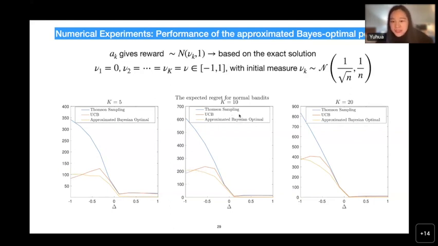Then we will probably have a little bit bigger regret than the UCB, because our method is based on the Bayesian framework, which is highly related to your prior estimation. When your prior estimation assumes the expectation is near 0, but your actual expectation is -1, we will have a little bit worse regret than the UCB. But in general, we always have better regret than Thompson sampling.